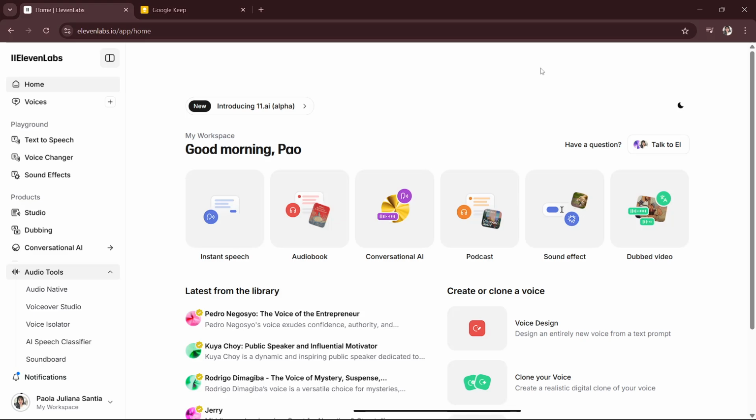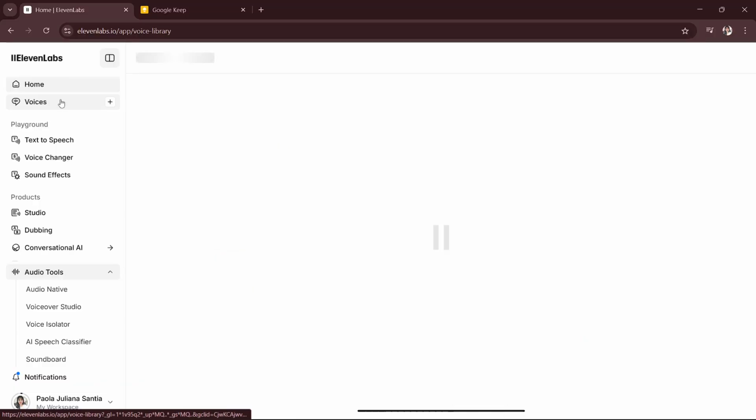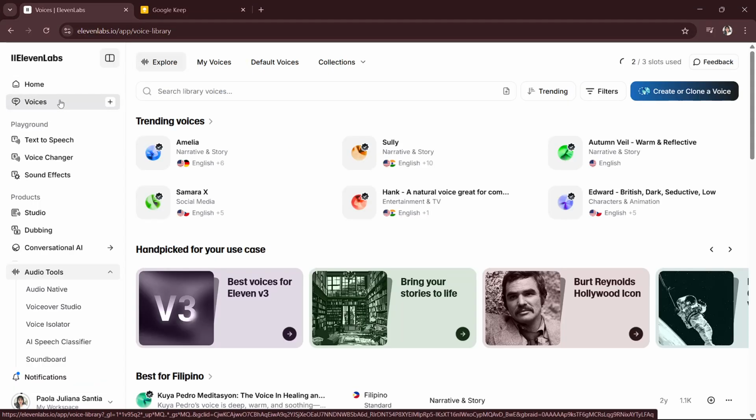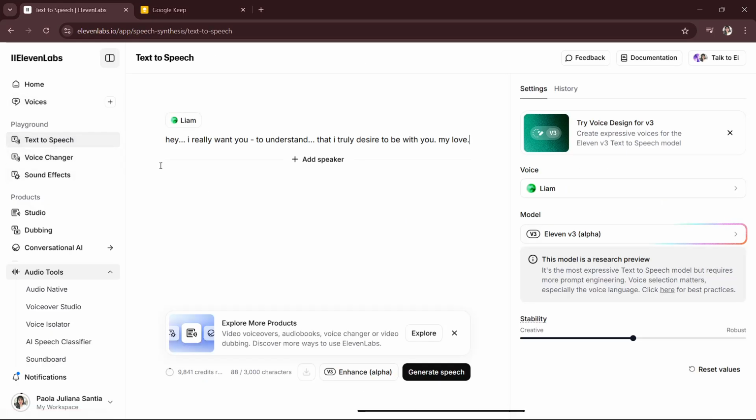Hello, in this video, I'll give you a quick guide on how to make 11Labs voice laugh. So first you will have to make sure that you already have an 11Labs account, and then after that you will have to go to the voices section, and then text to speech, and then you will have to type out expressions like haha or hehe